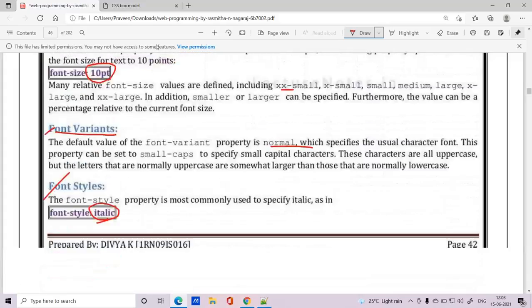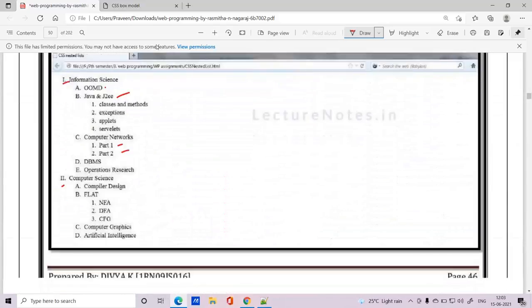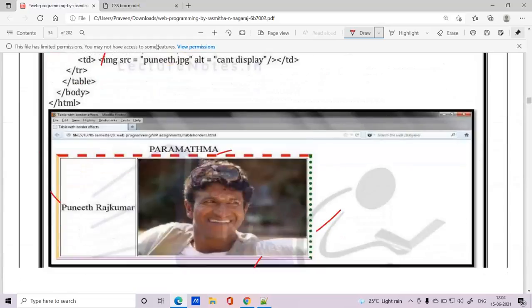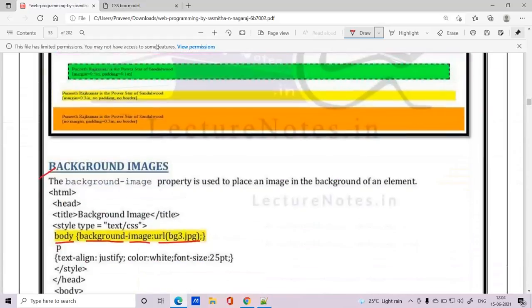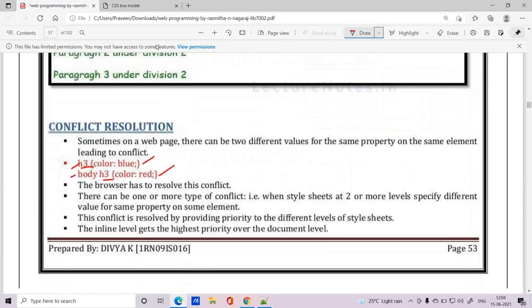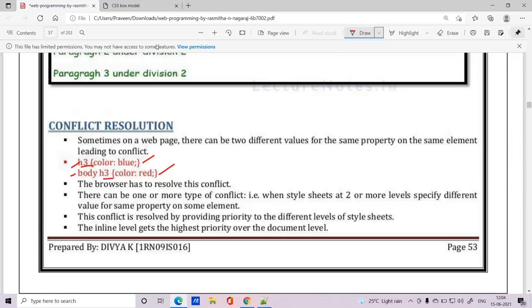So conflicts are when you're designing any web page or CSS and you give properties to the same element in two different methods, then we come across a conflict.